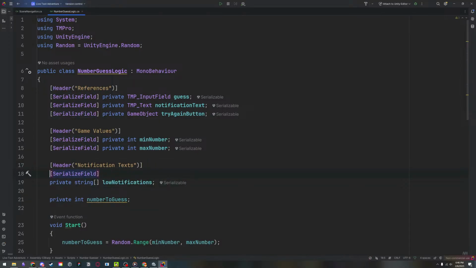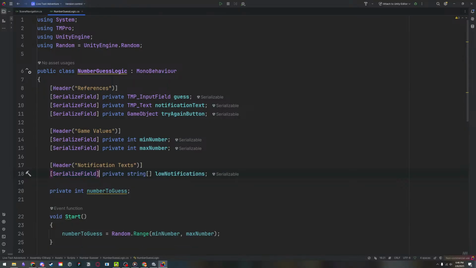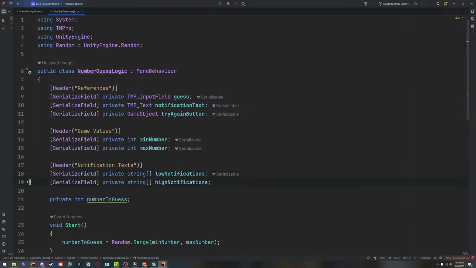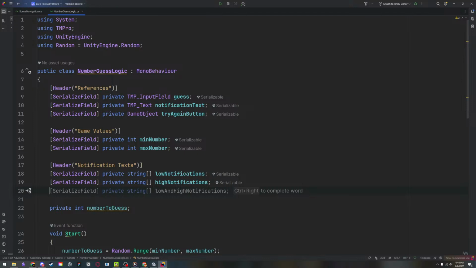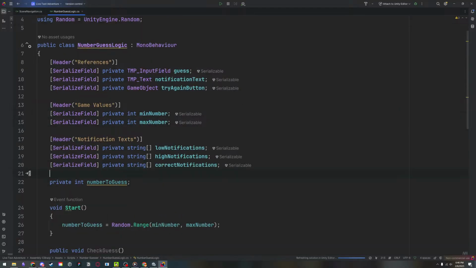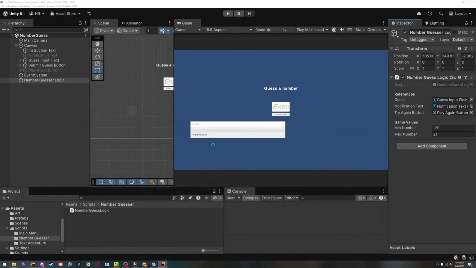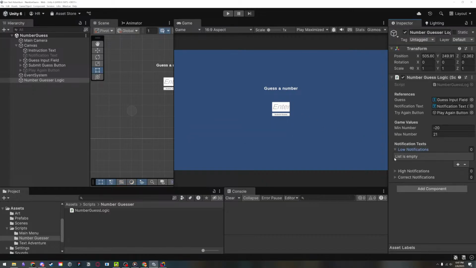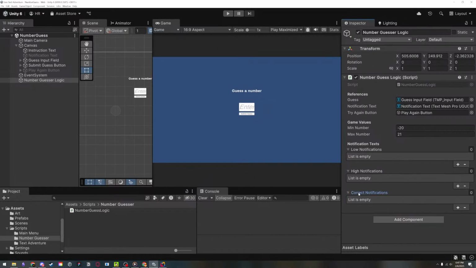I hate the way that it does that. Then we're going to do another one, high notifications. And then the other one is going to be correct notifications. Okay. And I'm going to go through this code a little quick just so we can get through the rest of this, because we're an hour and a half in and I didn't want to go too long. So now this automatically generates all these different